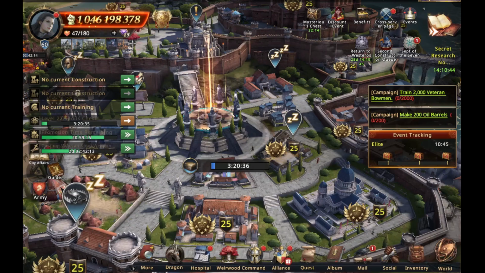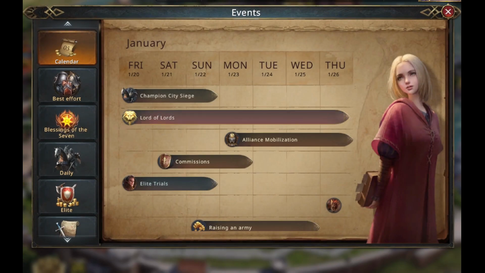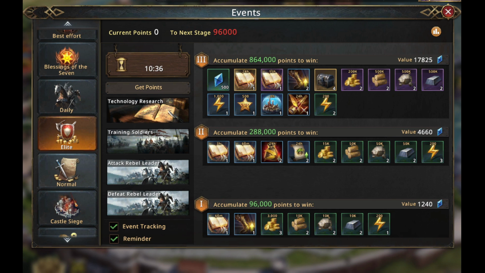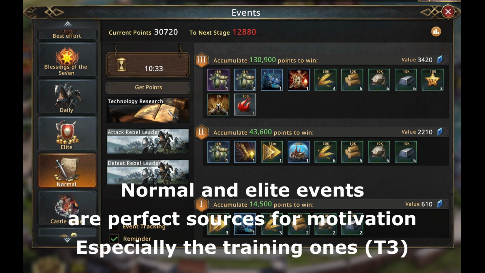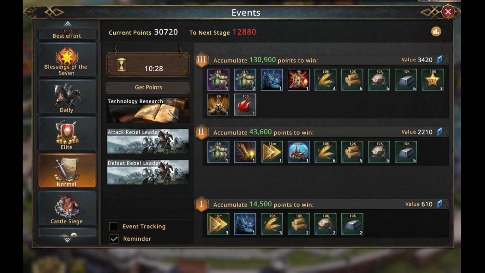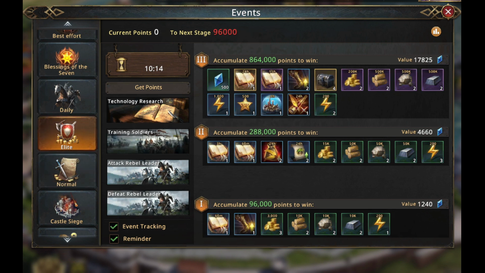Motivation. To hit rebel leaders, you'll need a lot of motivation. How can you get motivation? You can get it from the shop, or what I always do is I look for specific normal events, elite events where I can get motivation. Right now there is not one present for me, but usually there is always 1 or 2 available for training. So if there is a normal event going on for training and you get a motivation reward, I do it. So same goes for